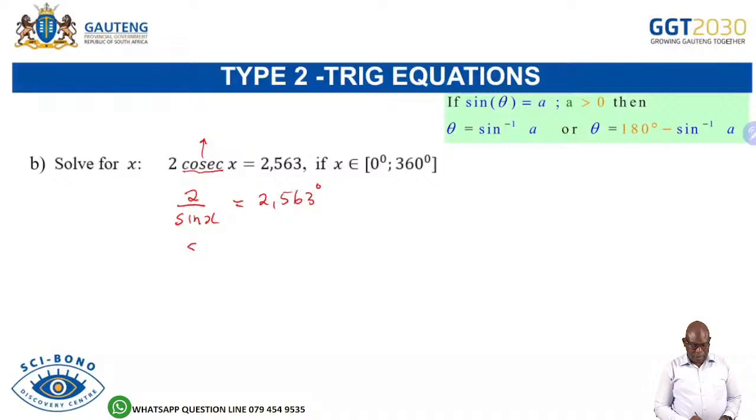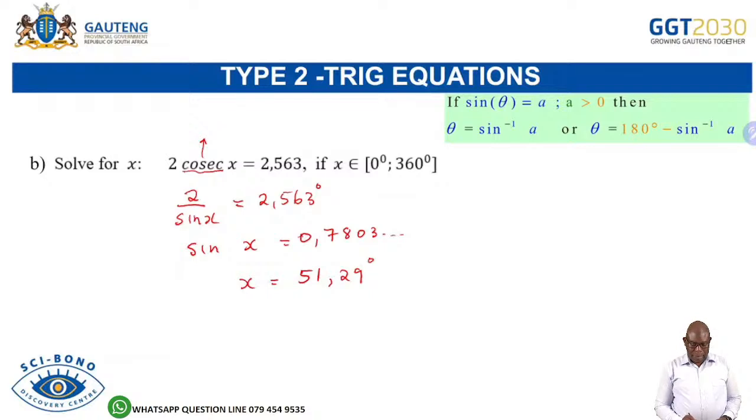So if I turn this around, the sine of x will be equal to, cross multiply and make sine x the subject of the formula. The sine of x will be 0,7803 and all the other decimals. Now the x value, then I can use my calculator to get the x value, which gives me 51,29